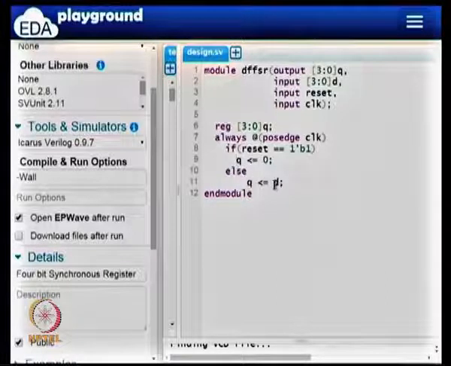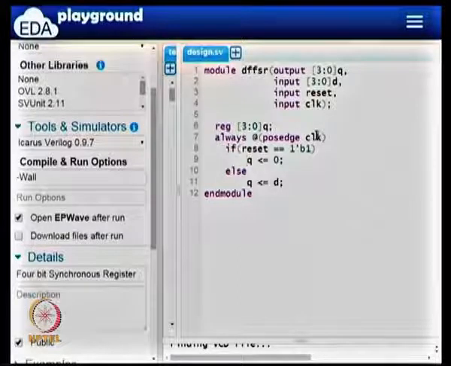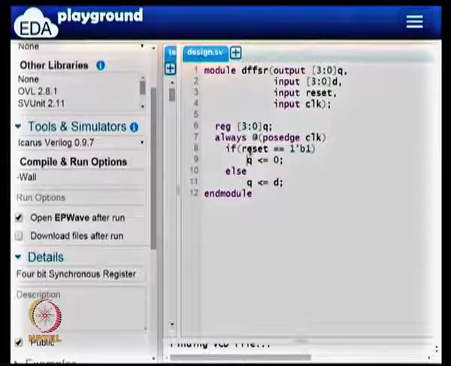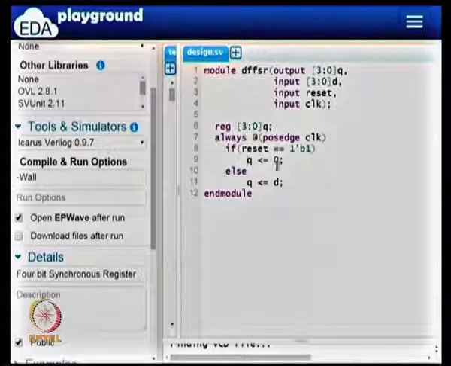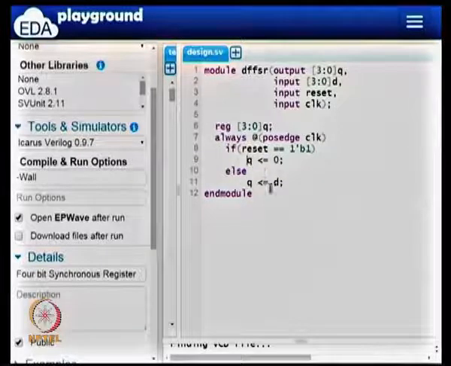So we have always at passage of clock. This looks similar to the flip flop itself, right? The basic flip flop that I wrote has only passage of clock. If passage of clock comes in, you then go and check if reset is 1. So what this is doing is, when the rising edge of clock comes in, we are sampling the value of reset. If reset is 1, then Q is 0, else Q equals D.